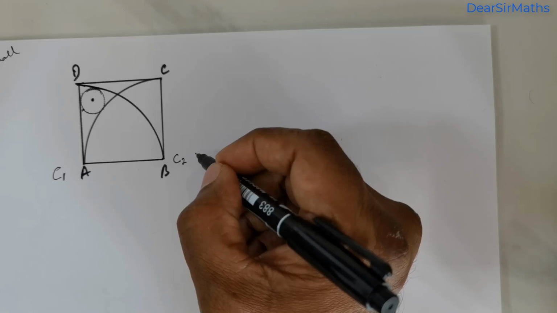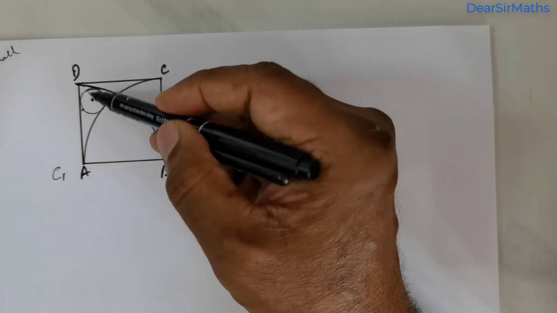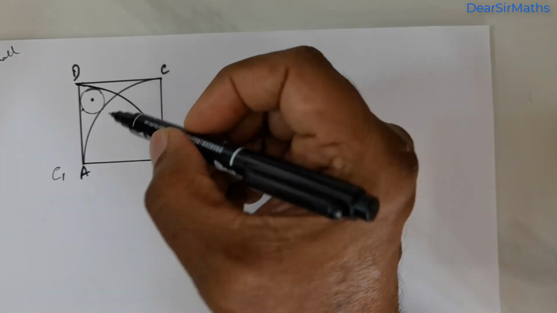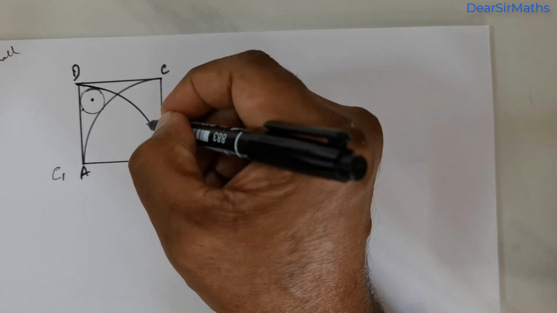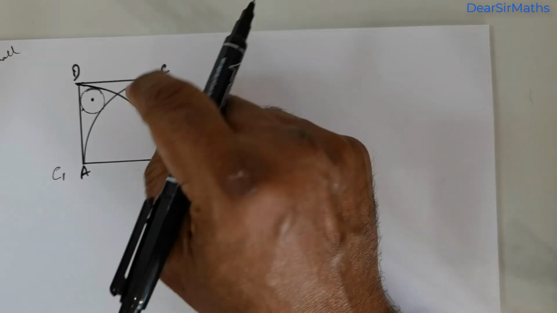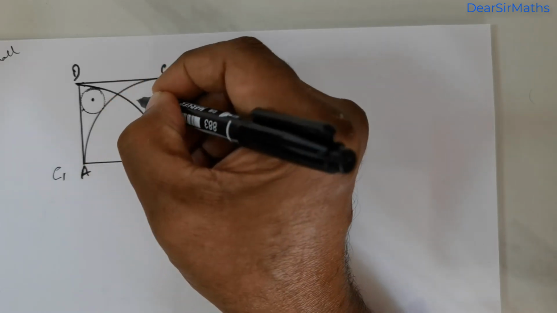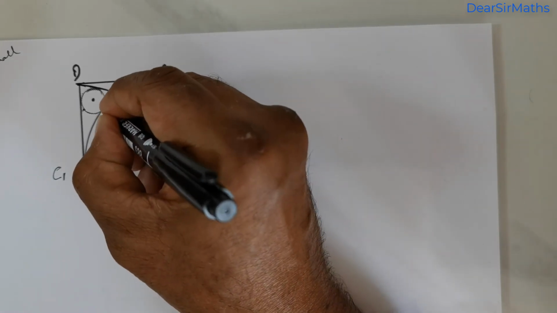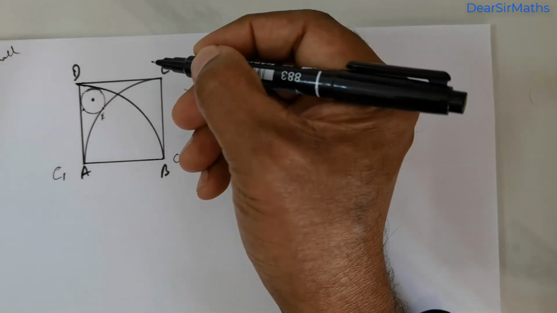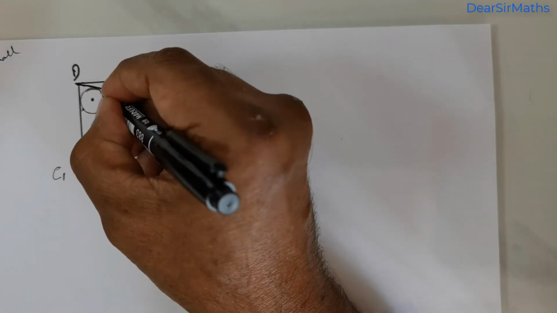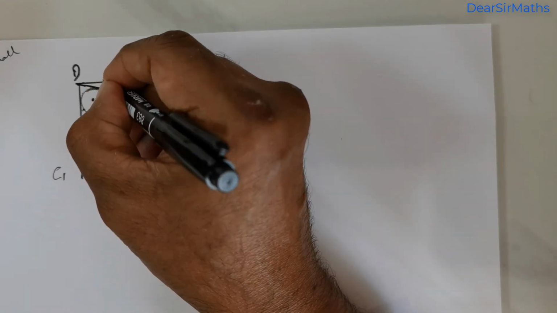Now clearly you can see that the small circle has a point of contact with the two circles. So let me take this point of contact as some E, and this point of contact as some F,